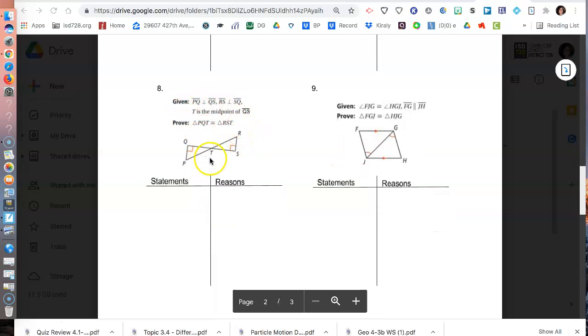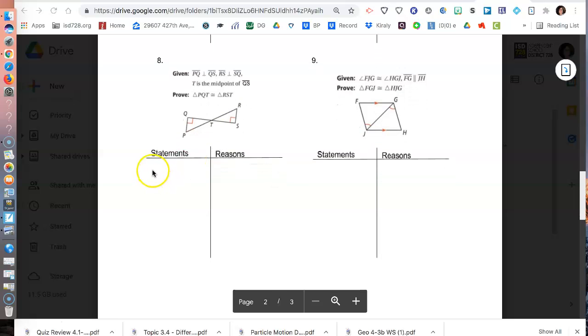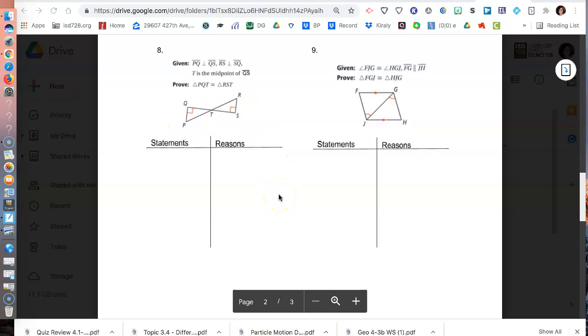On number 8, we have T being the midpoint, which means that it chops QS into two equal pieces. So you should put a single dash here on QT and a single dash here on ST. Now we have angle, side. Can we get the included angle the same? And again, we have that vertical angle theorem. So this one's going to have the given and then 2 steps. One, definition of midpoint for getting QT the same as ST, and another for the vertical angle theorem in there at QTP and STR. All of these end with what you're supposed to prove,